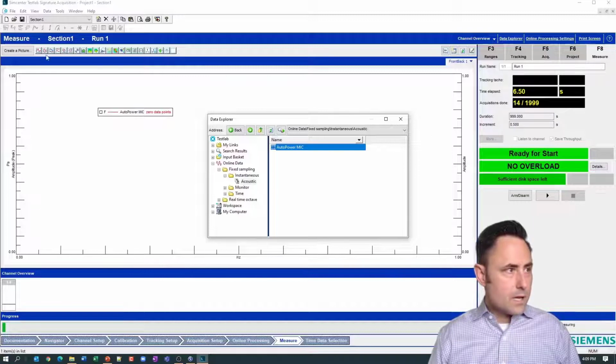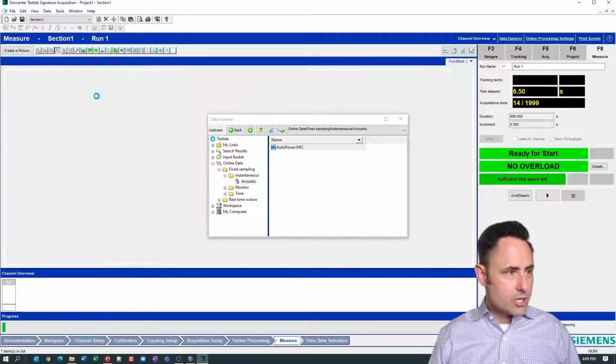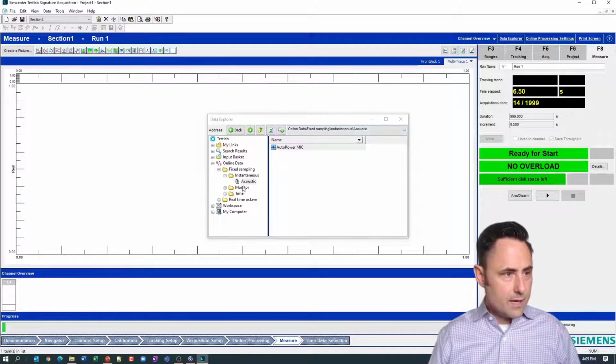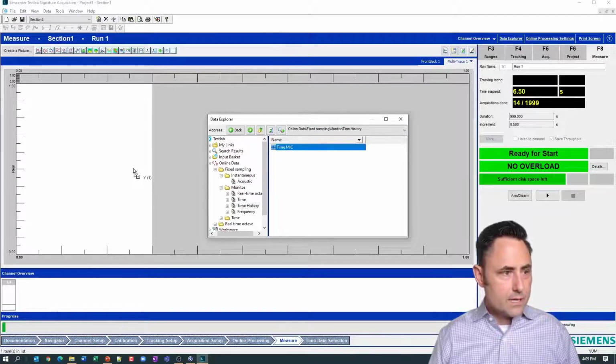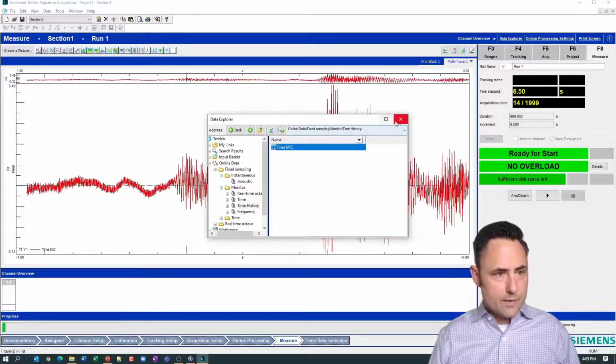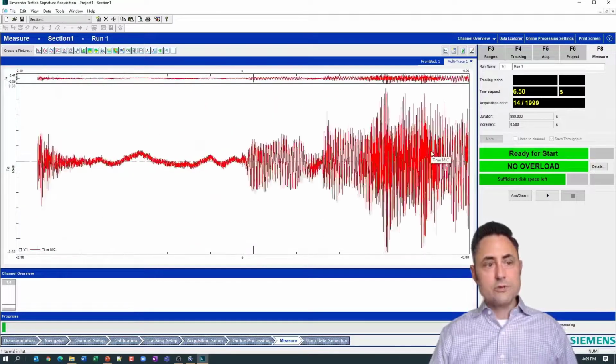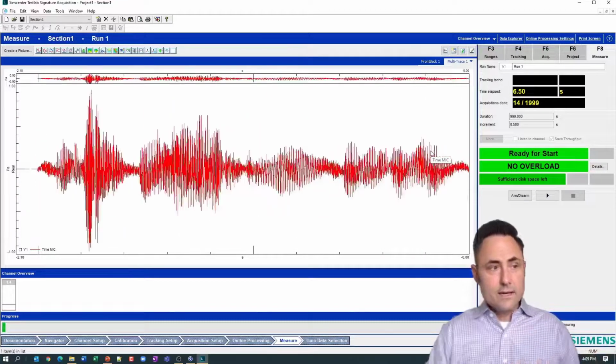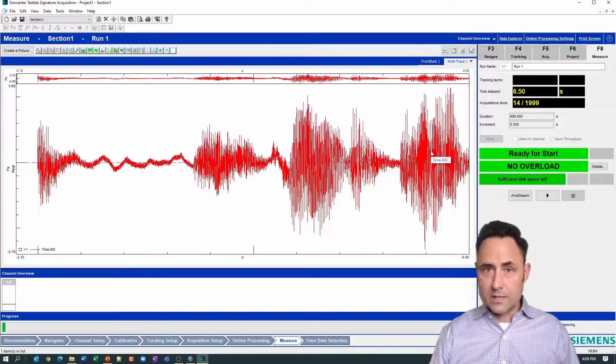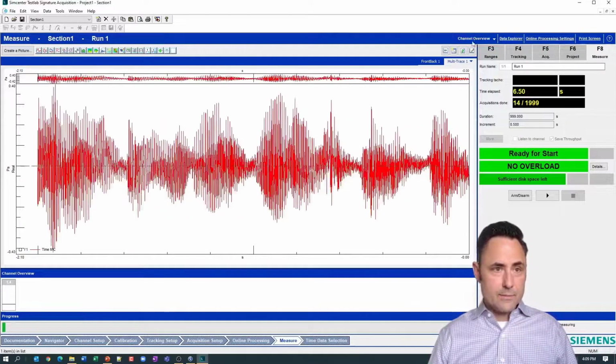I'll also create an additional display and I'll go to the monitor and I'll go time history. This will be the time of the mic. And so now I'll have two displays, and I see that time displays the squiggly lines giving me the idea that there's data coming in.